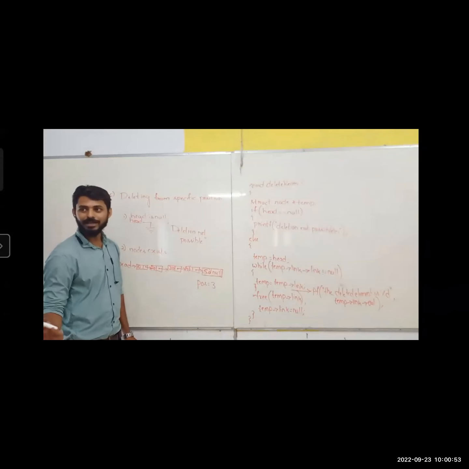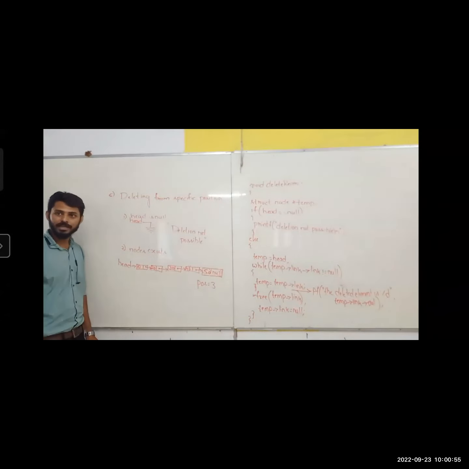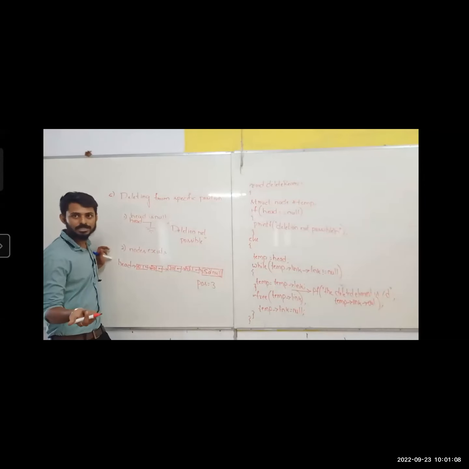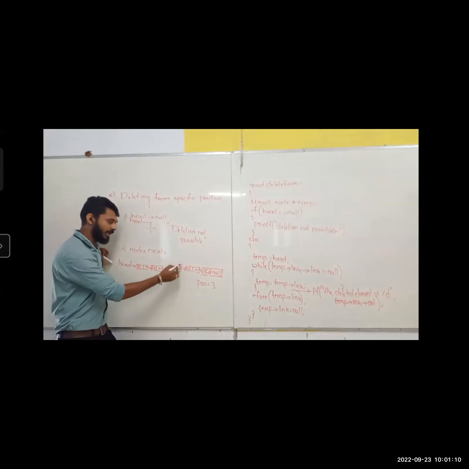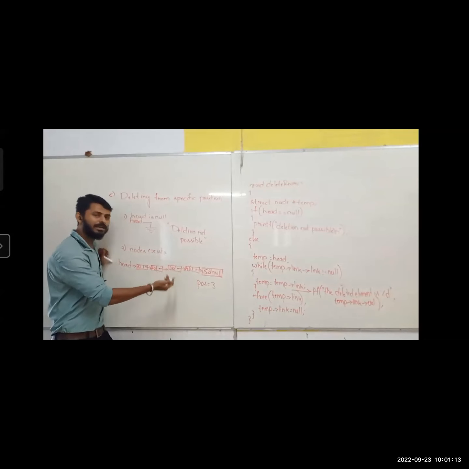If you don't give a clear answer, this is what will happen. Next node also will get deleted, or the next node connection will not be there, is what you are trying to say. But you told only one simple statement, next node delete. So I'll think that the next node also I should delete. If you don't give a complete statement, this is what will be the problem. So I want to delete this. Fine, I will delete. After deleting, what should I do?